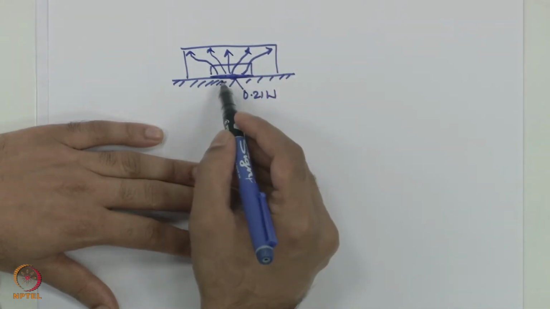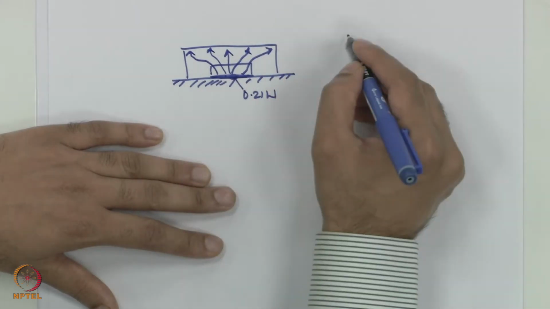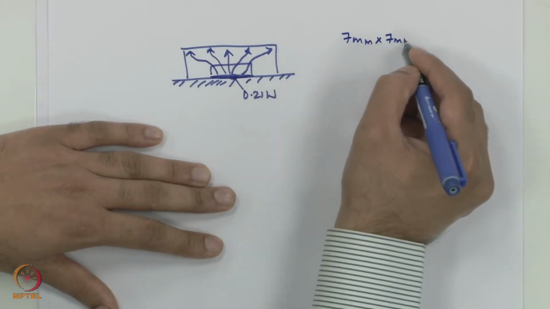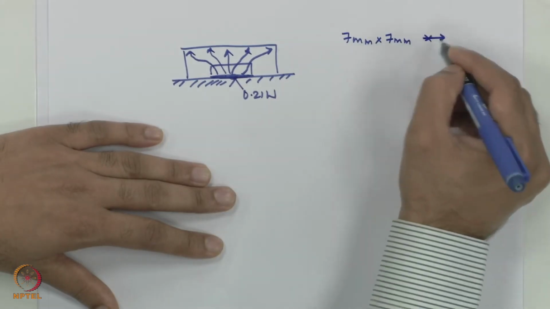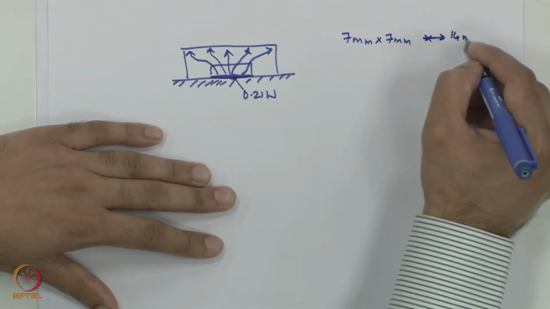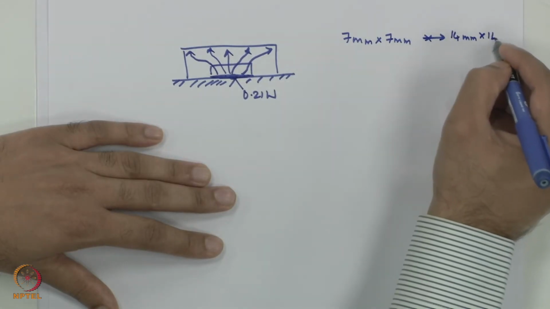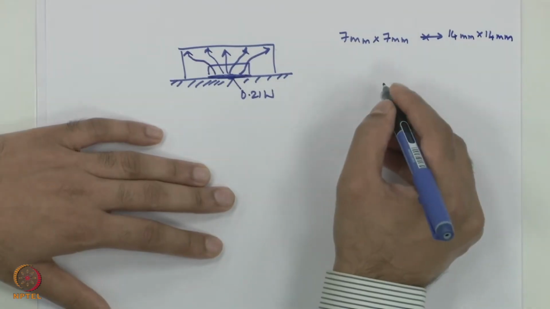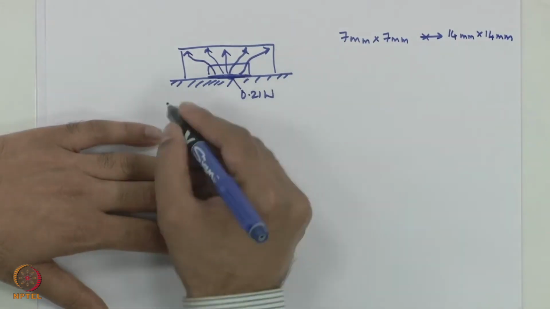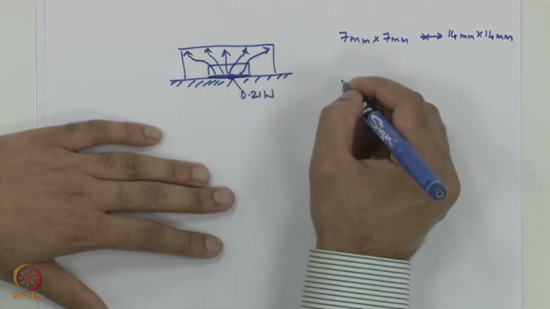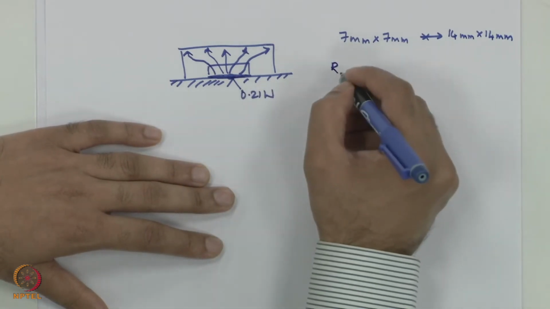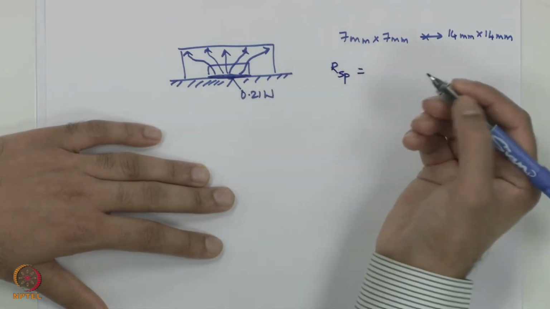So, there is an area change from 7 mm by 7 mm to 14 mm by 14 mm. Because of this area change, one has to account for the spreading resistance, and using a well known formula for spreading resistance, one gets